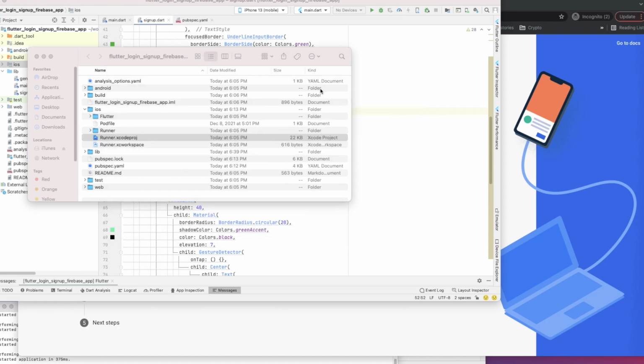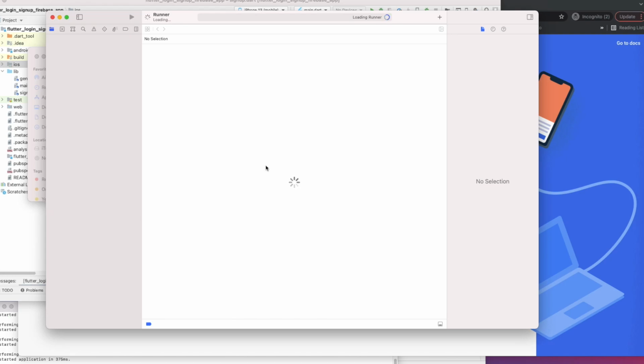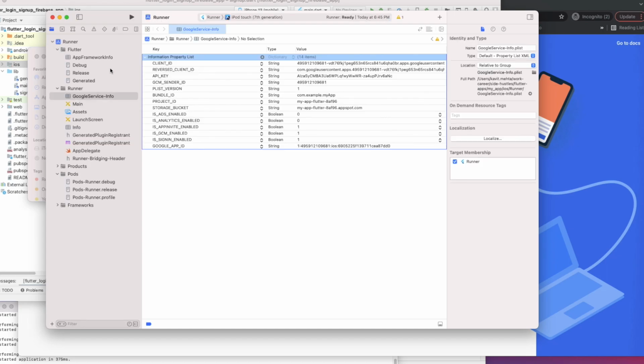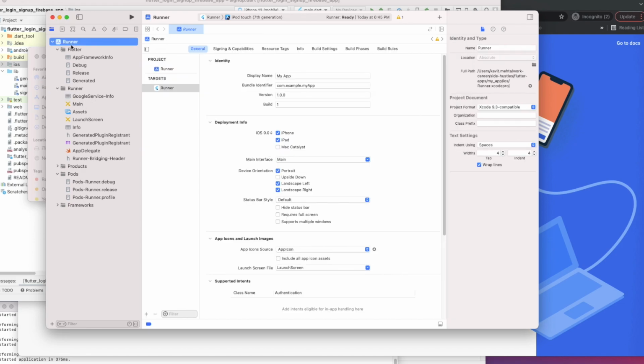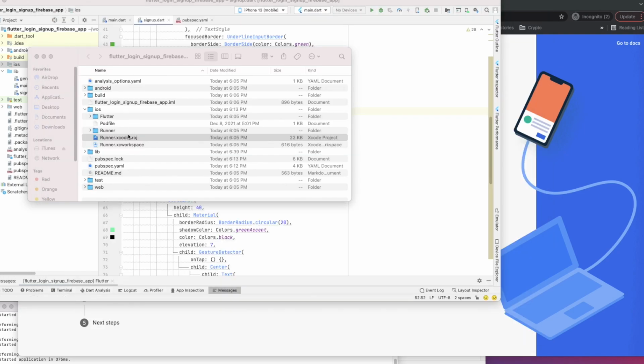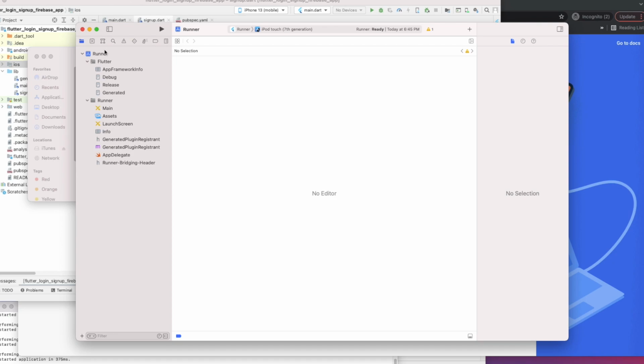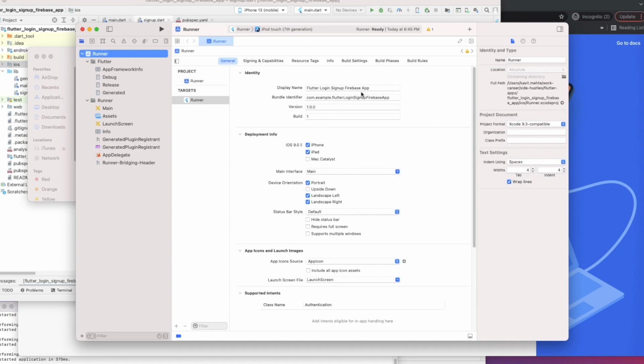I think it's opening up the export. Okay, so this is not the one we need. We need, yes, we need this one. Yeah, so now bundle identifier. So this is our bundle identifier. Just copy this